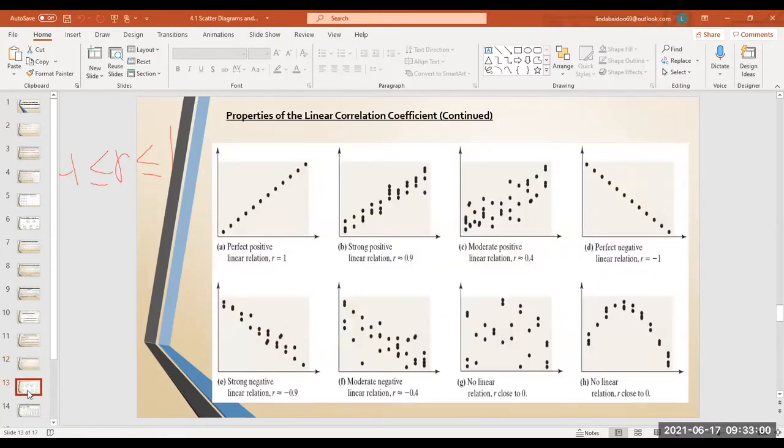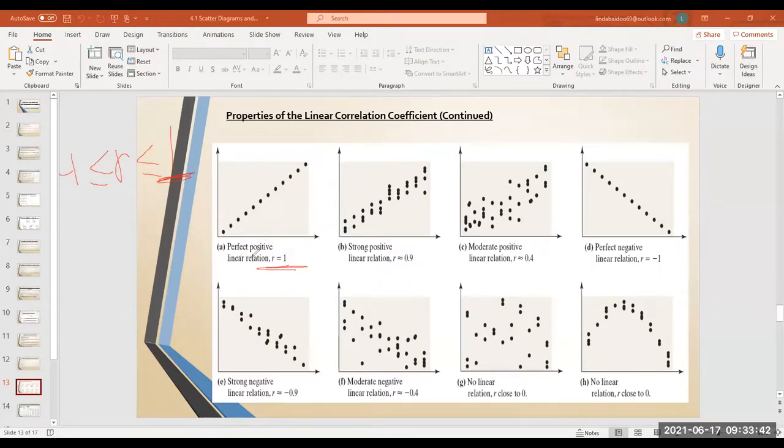So if we have noticed that there is a linear relation, then if we were to find our R from our calculator and we realize that our R is +1, and then we decide that since we know it's +1, let's draw a scatter diagram to see how it will look. Then your scatter diagram is going to look like this, because you are saying that your R is +1, is perfect. So this is perfect. I'm not good at drawing, but I know that if I were to draw the line here,